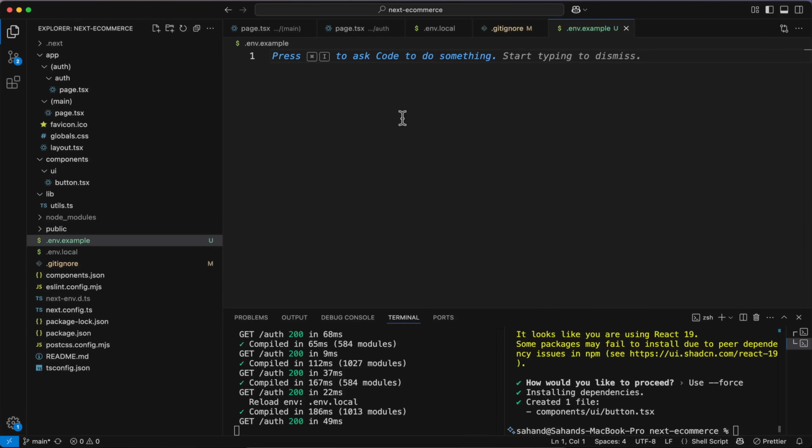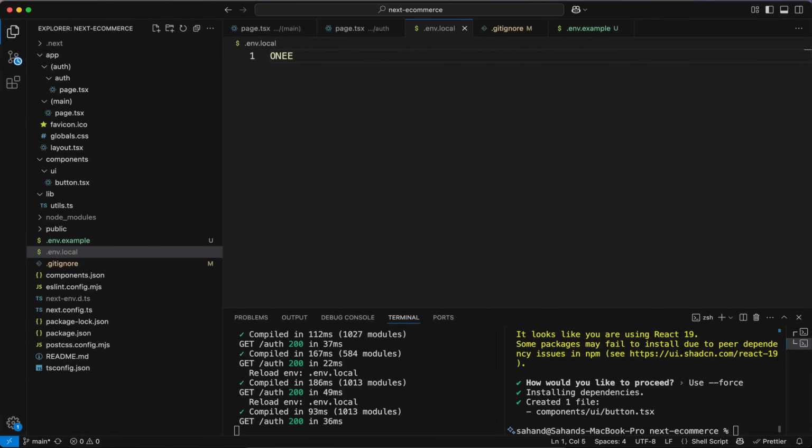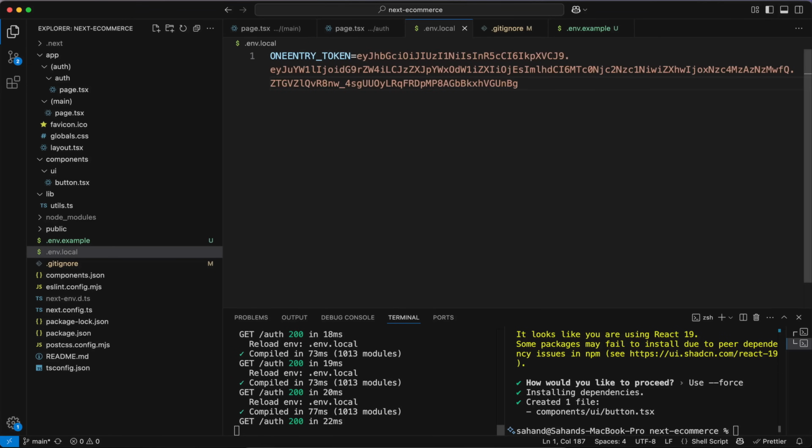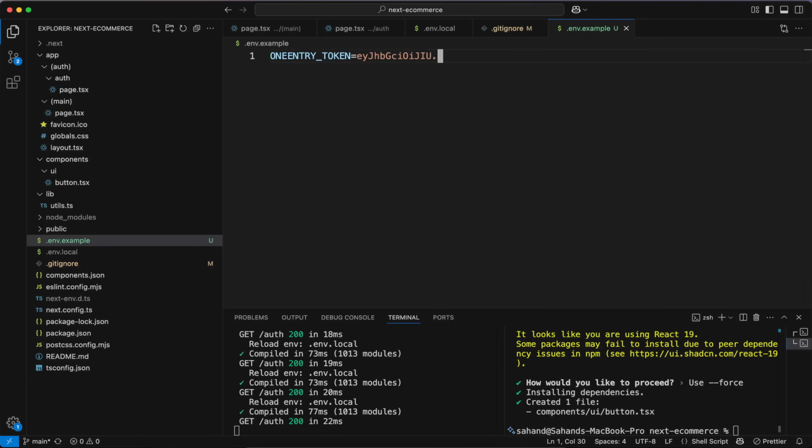So I add here the OneEntry underline token. And then this is going to be the token that we have copied and we pasted here. I just added to the example as well. So let's copy this completely and add it to the example. But in the example, I just want to remove this one, so it's not going to upload my token in